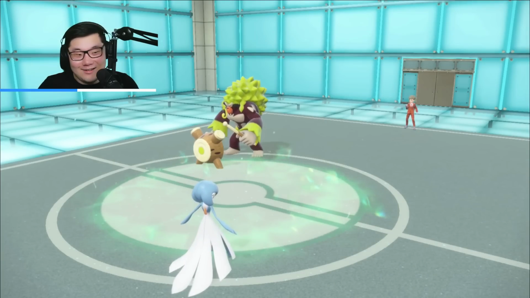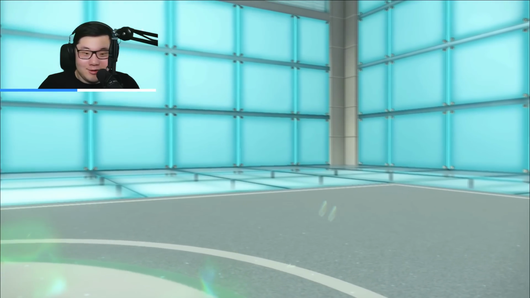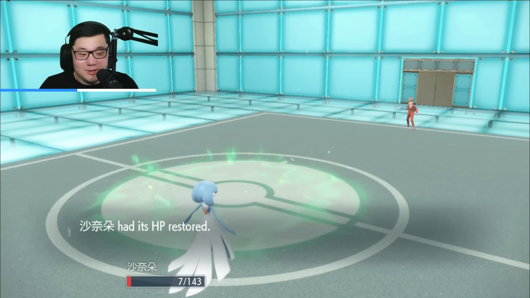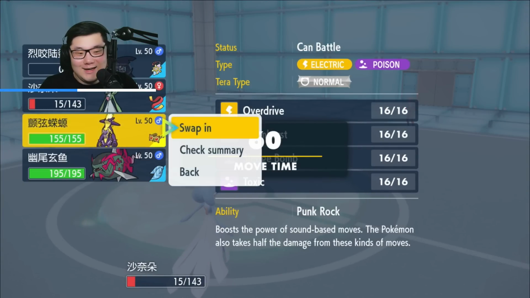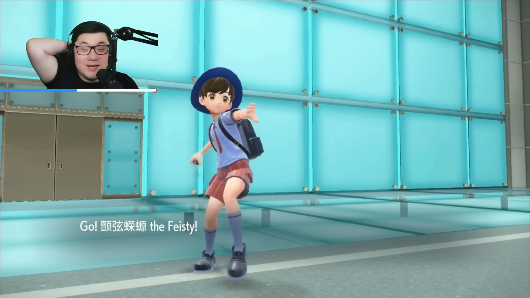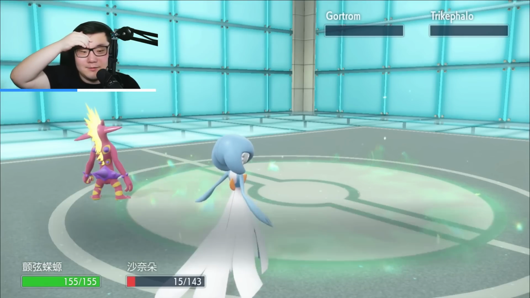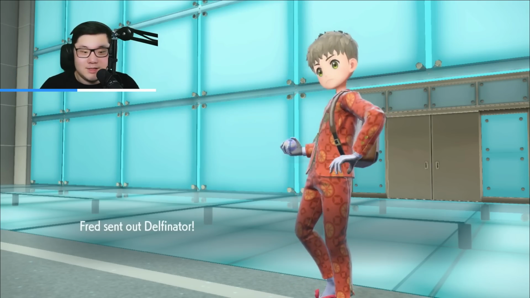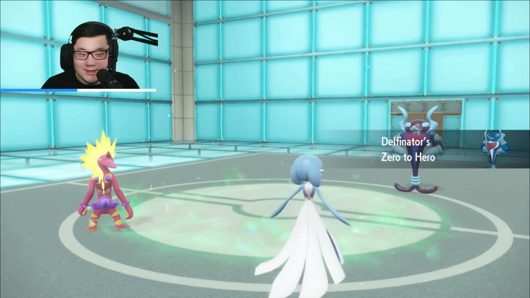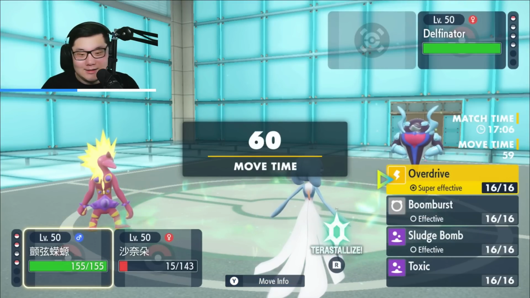And now they're down into a 3-1 deficit. So that's all I really needed. I'm going to go into Toxtricity and just do as much damage as we possibly can. So they haven't used their Terra yet. But yeah, they just dropped resources. I'm surprised Palafin didn't come in for like Jet Punch, but maybe they were super scared of like Serena coming in. We're gonna see the Palafin reveal itself here, but yeah, now I can go for an Overdrive,